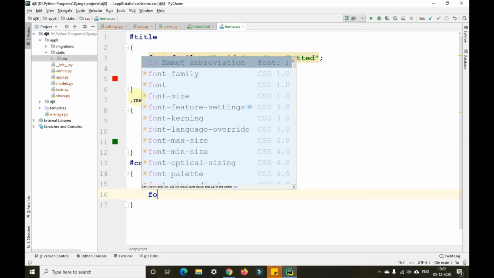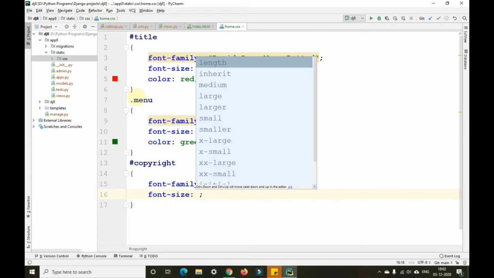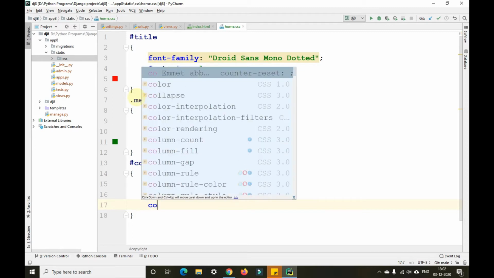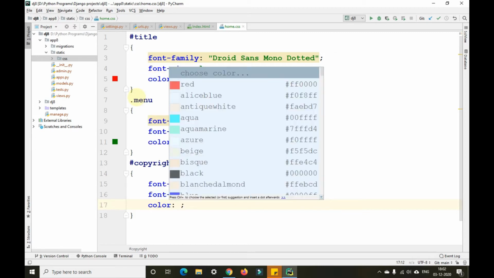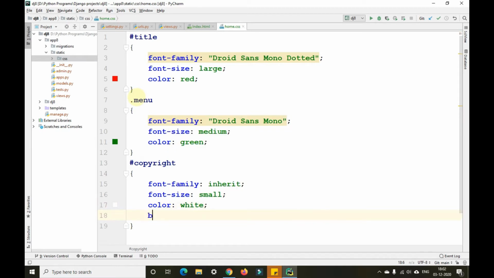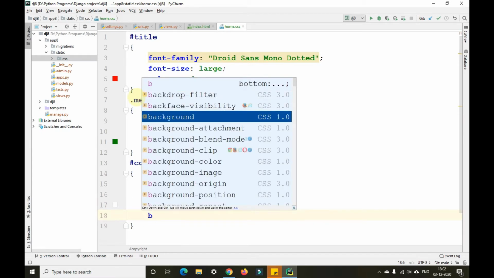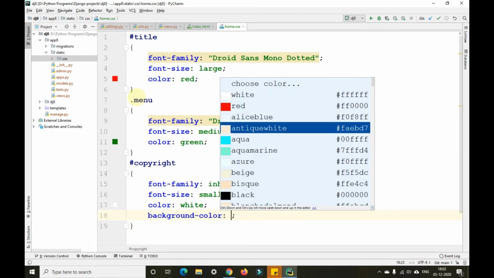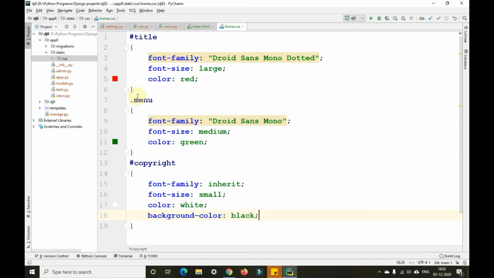And font size as small here because this is for the bottom footer place, and color equals white. BG color, background color, I'll give this as black because since we are giving the text color as white, we'll give the background color as black here.